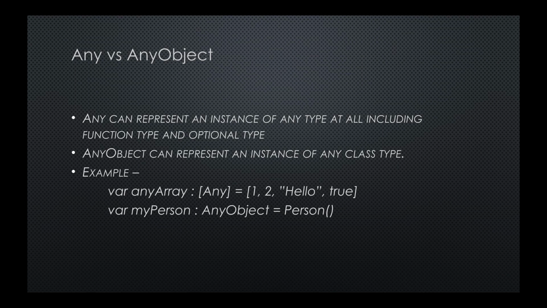So the first question we're going to talk about today is Any versus AnyObject. So what is Any and what does AnyObject mean? As the name suggests, AnyObject only deals with the class type, which can have some object. So when you are referring to something which has an object, like Person is a class over here, for that you can use AnyObject, whereas if you want to use Any